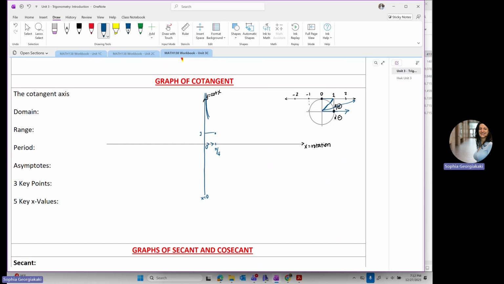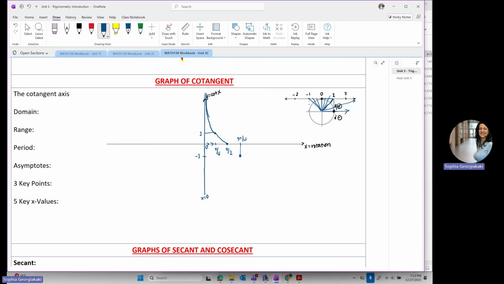So this graph will have to go through that point. And then as I approach 90 degrees, my cotangent becomes 0. So I have a point at pi halves with 0 cotangent. And then after I pass pi halves in my rotation, my cotangent becomes negative. And when I hit 135 degrees, I'm at the diagonal of the 1 by 1 square in quadrant 2. So I will have a 3 pi quarters with a negative 1